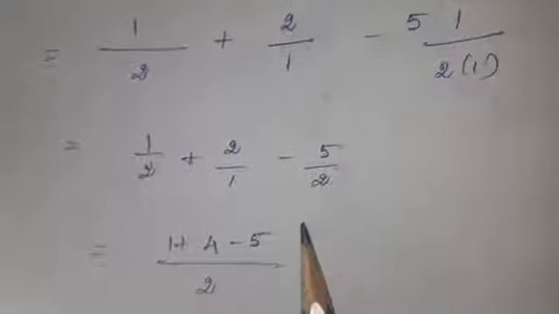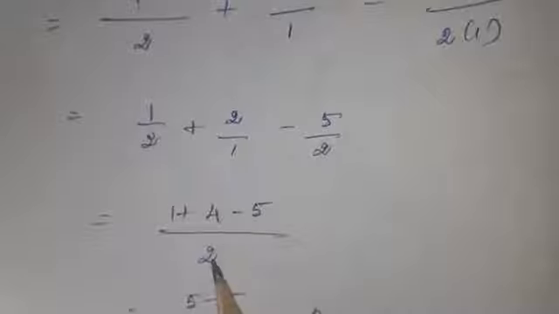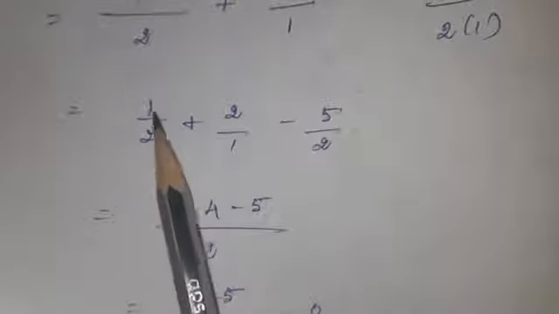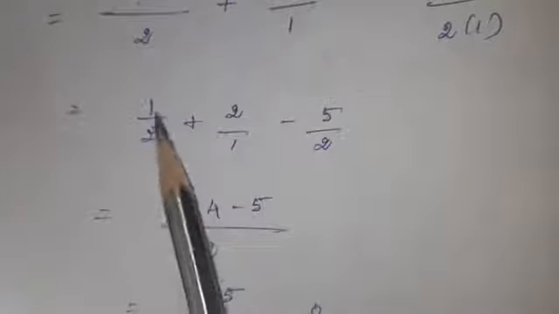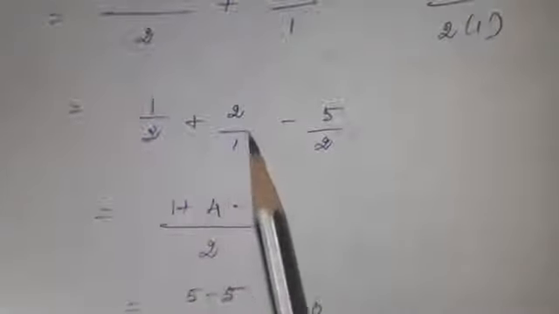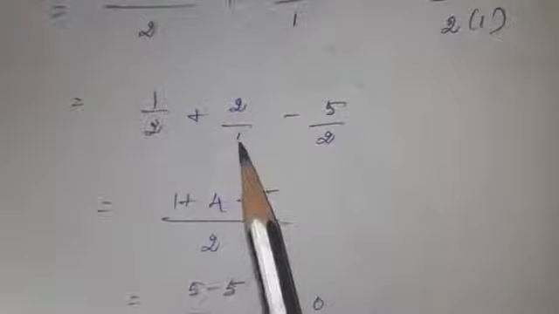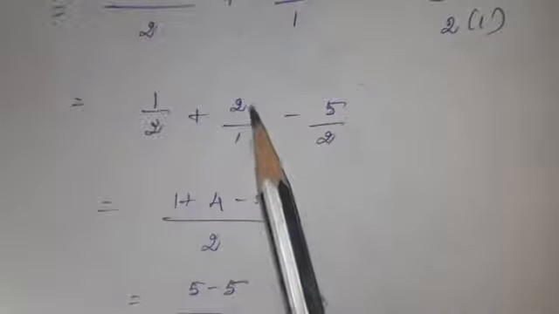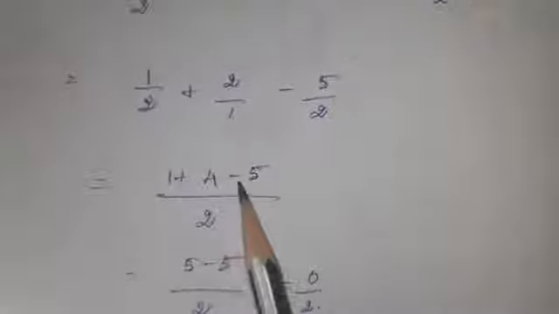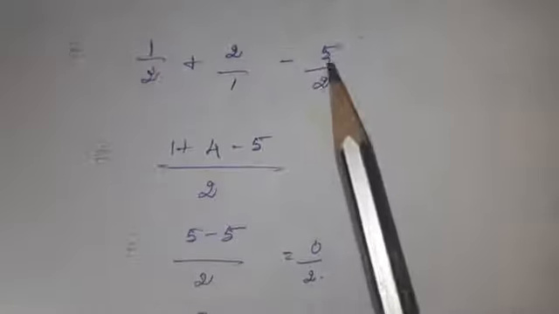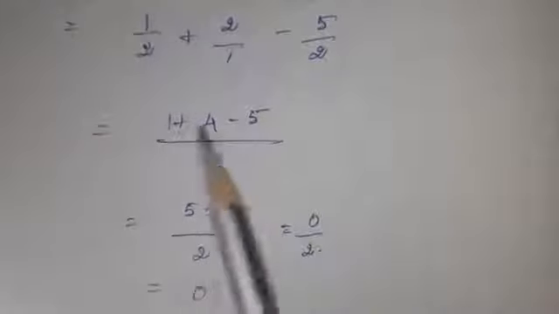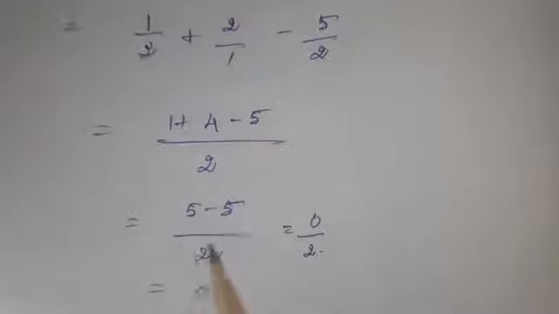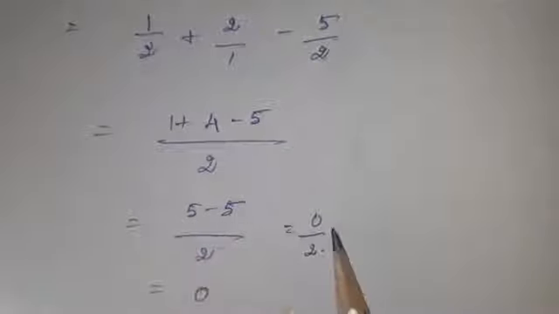After that you should simplify this one. It is equal to 1 by 2, the same I have written, plus 2 by 1 minus, here you should multiply 5 into 1 is 5 divided by 2 into 1 is 2. Now you should take the LCM here. LCM is 2, so I have written 2 here. Here the denominator has 2, so no need to multiply. Whatever number is present in the numerator, you can write it: 1 plus, here the denominator is 1, so you should multiply with 2. 2 into 2 is 4 minus, here the denominator is 2, so no need to multiply. Directly write that number as minus 5. 1 plus 4 is 5 minus 5 divided by 2. 5 minus 5 is 0. 0 by 2, the answer is 0.